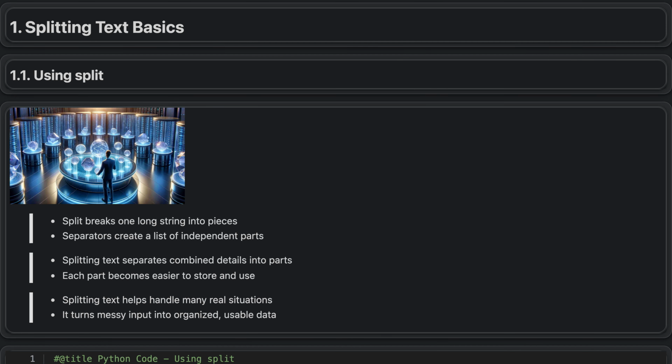Splitting text basics. Using split. In many programs, you need to break a long piece of text into smaller, meaningful parts, and this is done using a split operation. Splitting takes a continuous string, such as a sentence or user input, and divides it wherever a chosen separator appears, like a space or a comma. The result is a set of shorter strings that you can handle one by one. This process is a basic step in simple text parsing and makes it easier to analyze or process each part